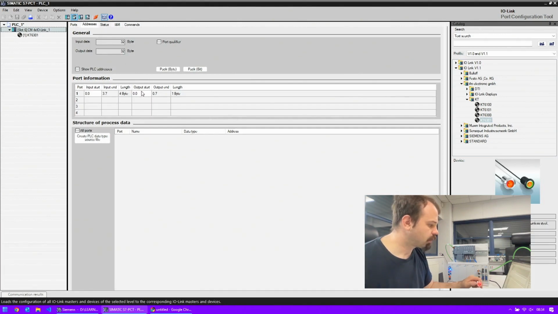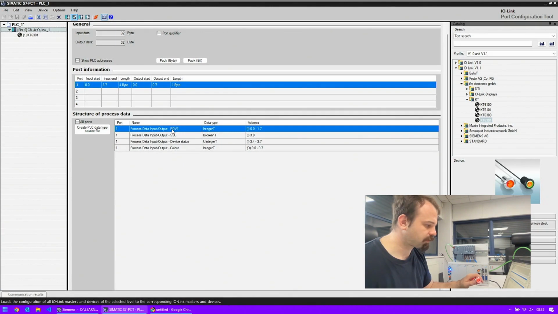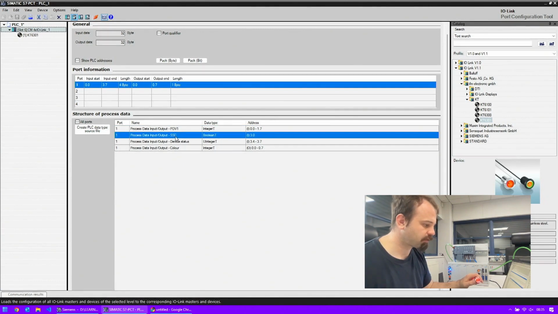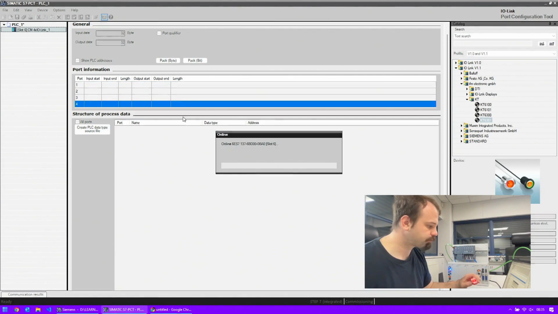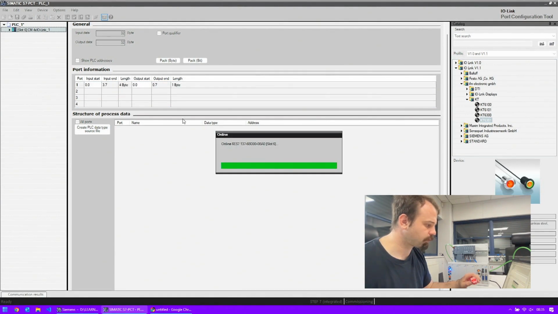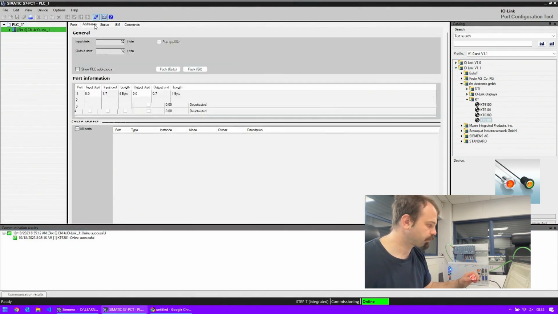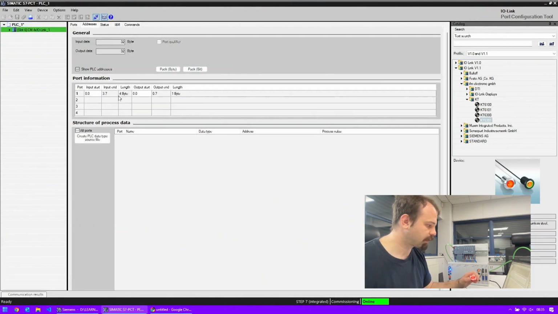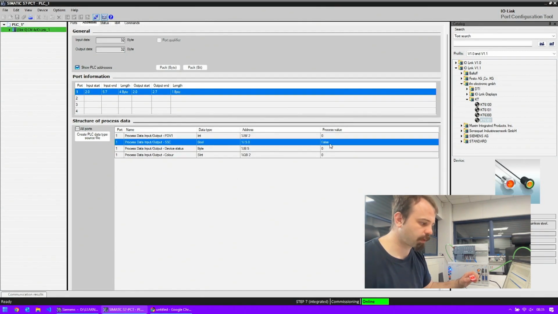So if I take a look here at the different properties that I've got, this process value, this switching input, and then the color, these are the two that are really going to be important to us, the switching and the color. So if we monitor these variables, we'll just wait for my laptop to go online. There we go. So if we take a look at this device, we see it's false at the moment. If I touch it, it goes true